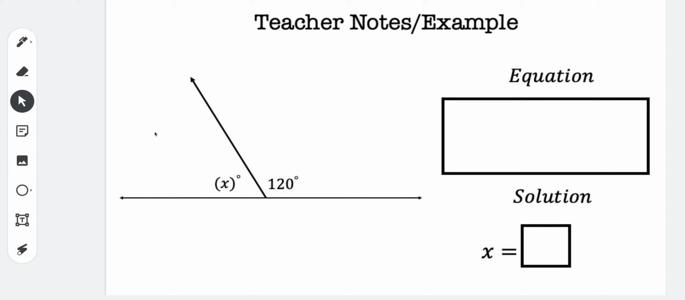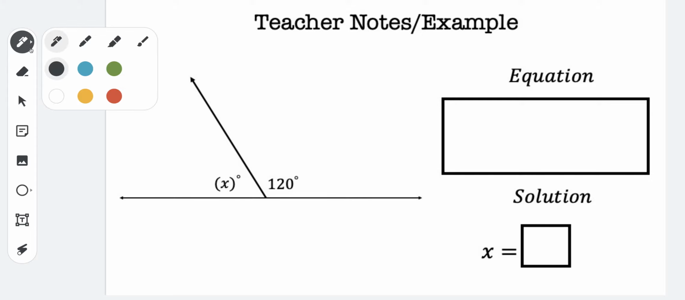Hey everybody, in this video we're going to solve a supplementary angle problem. Okay, so come over here first and grab a pen or a marker. Alright, so what we know is that this first angle here is 120 degrees, and this other angle is